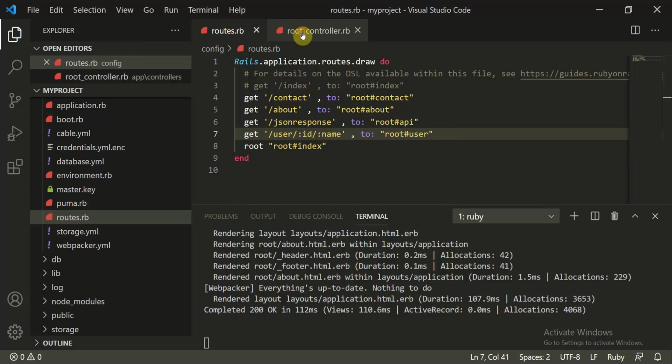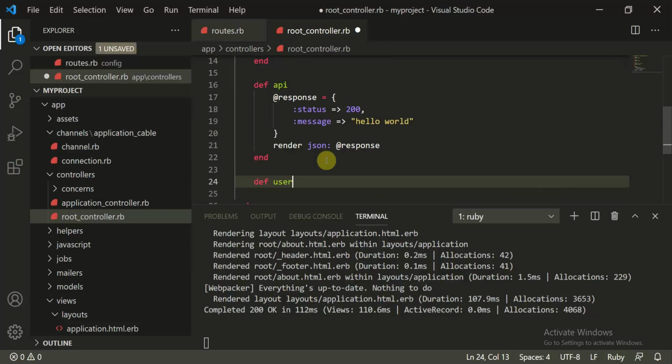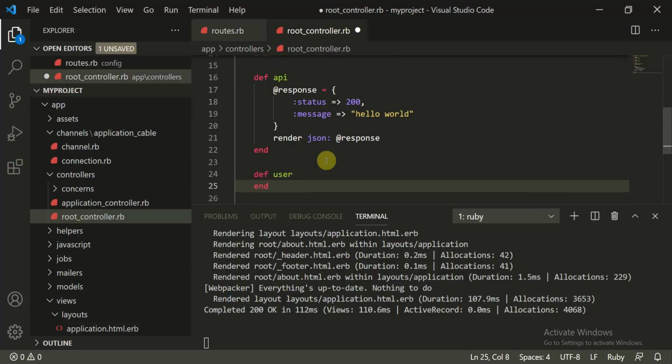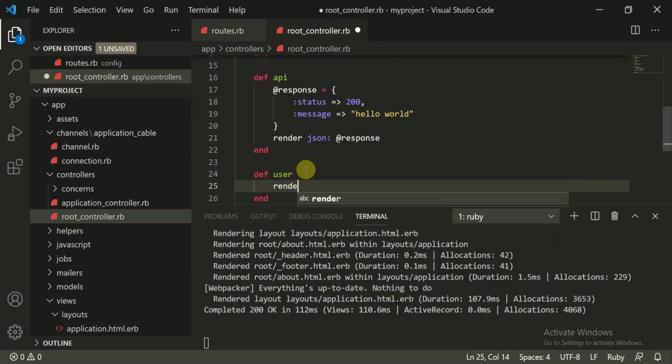And let's create this method. So basically define a user, make an end of this, and let's simply render JSON with params. Basically params is what we return, I'll show you.